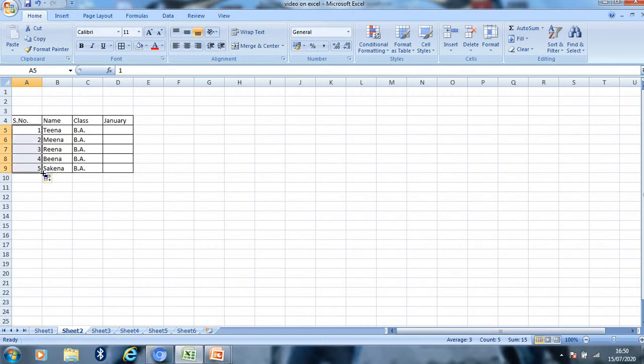The series will be auto filled. As you see, the series gets auto filled here.